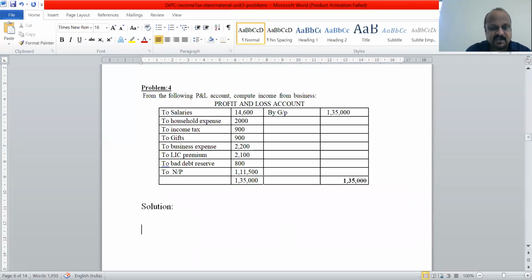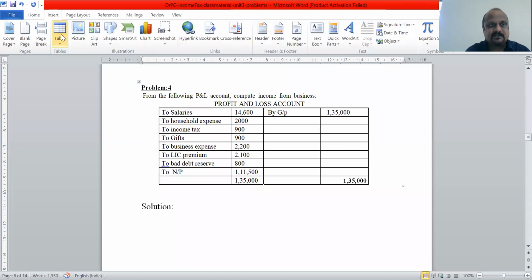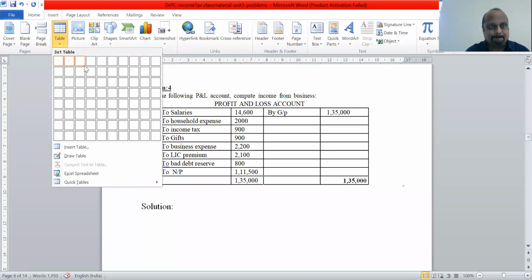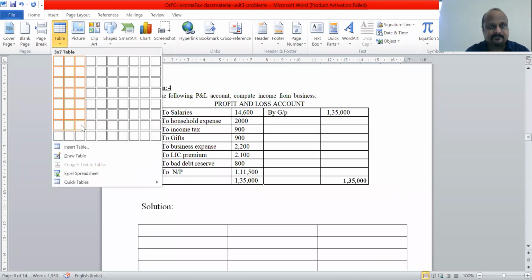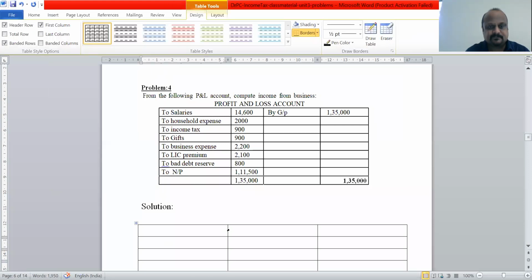So again, the same format we are going to use. What is the format that I told you? First, add all the